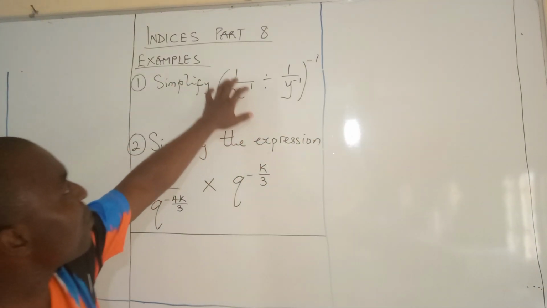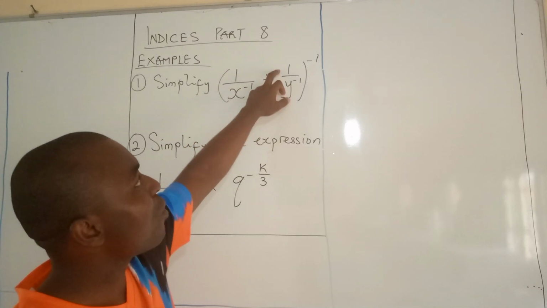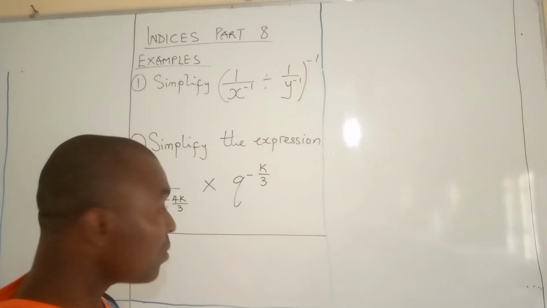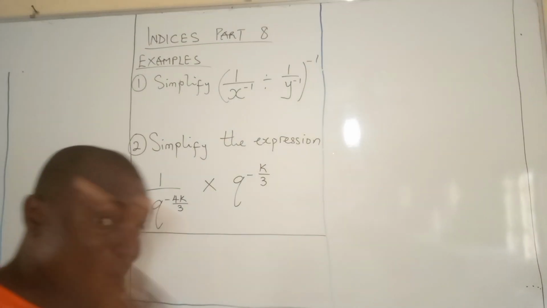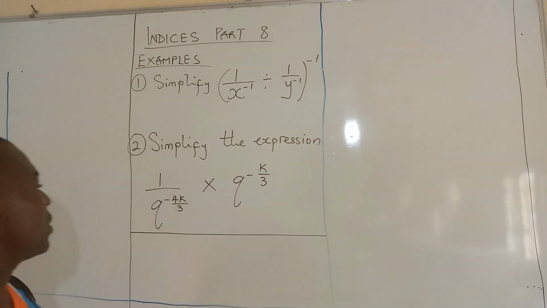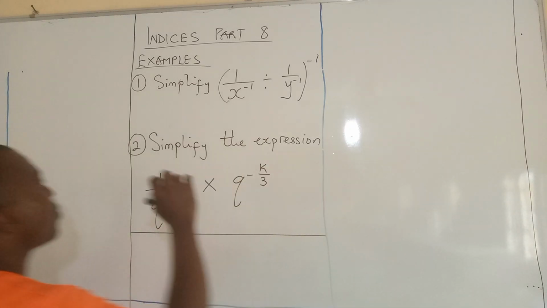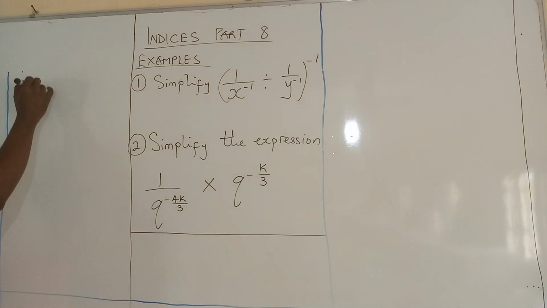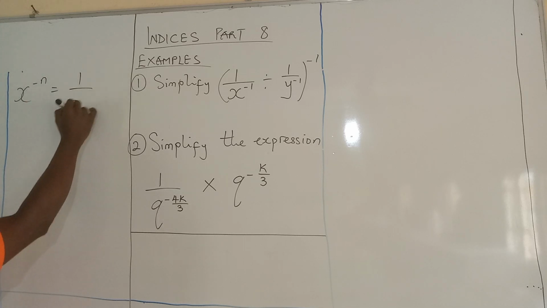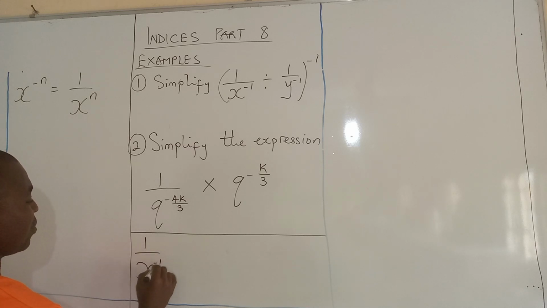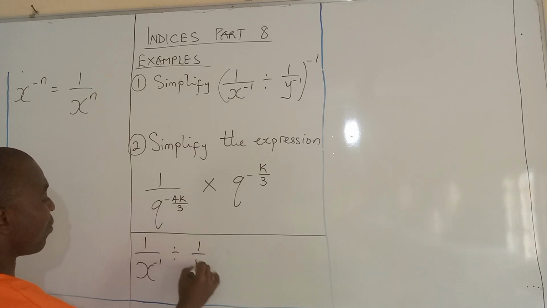Two examples. Simplify 1 over x raised to the power minus 1 divided by 1 over y raised to the power minus 1, everything raised to the power of minus 1. Like I said earlier, we'll be making reference to part 1. From our knowledge of indices, any number raised to a negative power, for example x raised to power minus n, the answer is 1 over x to the n. The power becomes positive, which means that 1 over x raised to power minus 1 divided by 1 over y raised to power minus 1